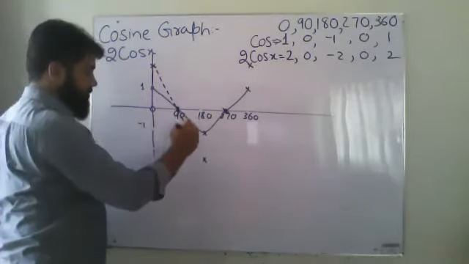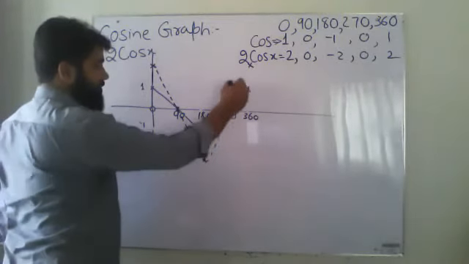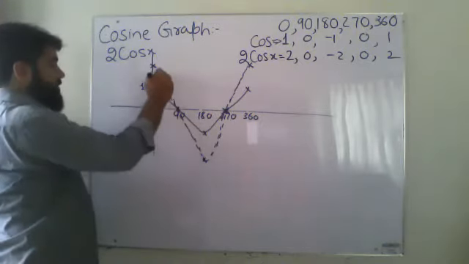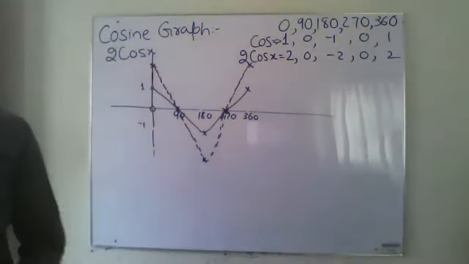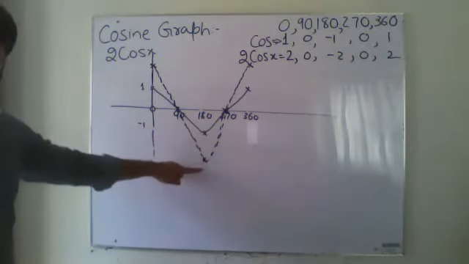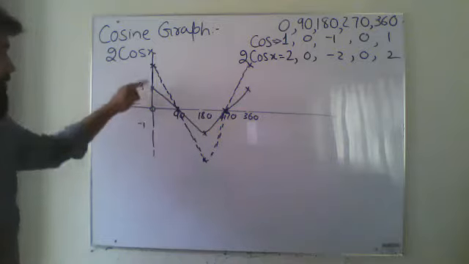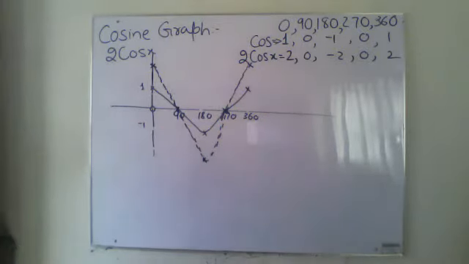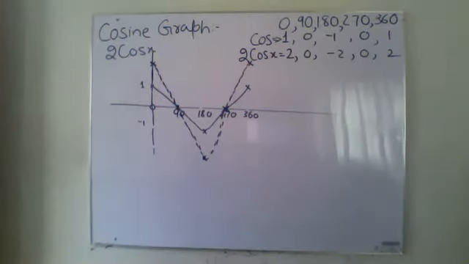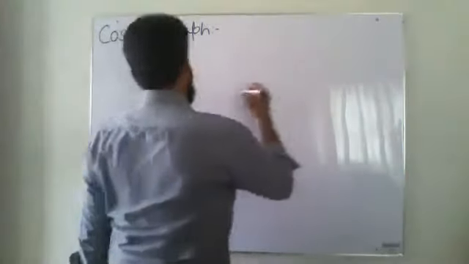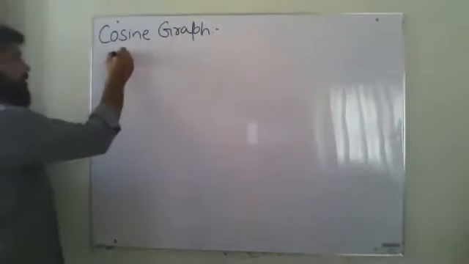And when I connect them, it will go something like this because of the change of the amplitude. This point has moved downward, these 2 points have moved upward, and the points on zero will remain zero because we are changing only the amplitude.